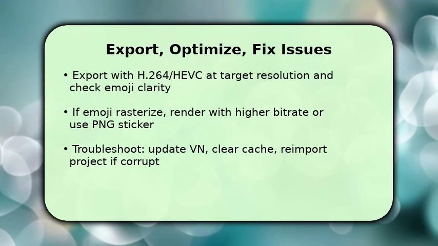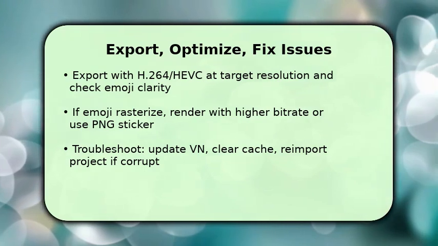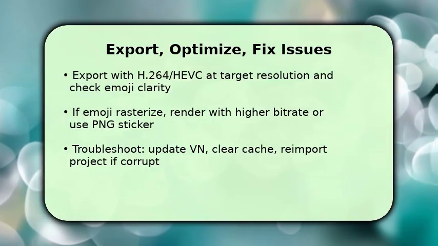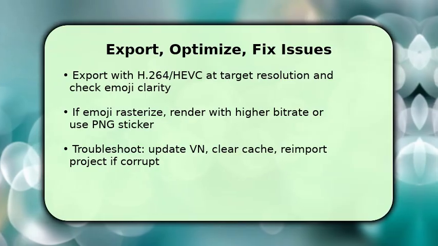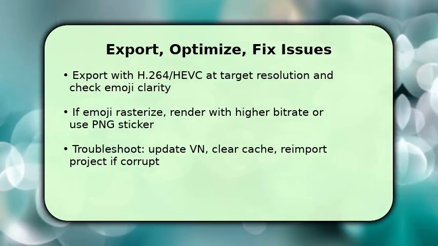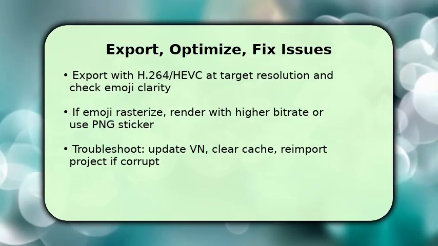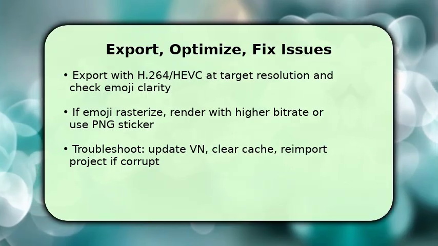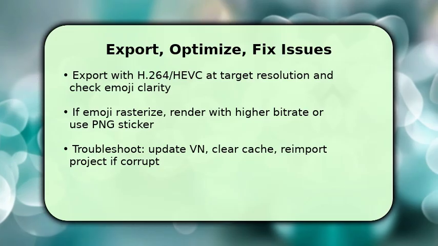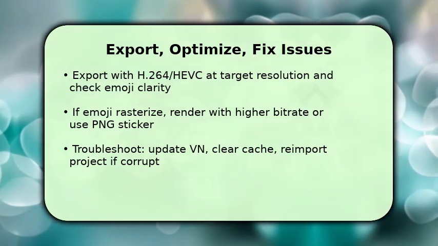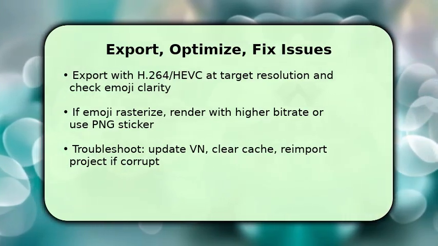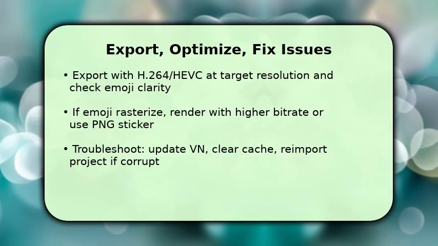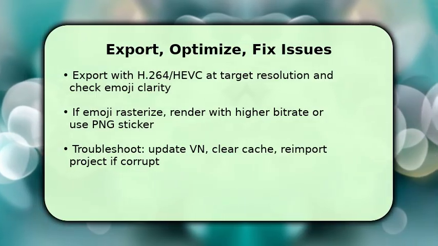You'll finish by exporting while preserving emoji quality. Choose an appropriate codec and bitrate so emoji remain crisp, especially at 4K or high zoom. If emoji look pixelated, replace text glyph emoji with a high-resolution PNG sticker or increase export bitrate. That prevents rasterization. If your emoji fail to appear, make sure VN and your OS are updated, clear the app cache, and re-import the media. These steps usually resolve rendering or font fallback problems and ensure your final video looks